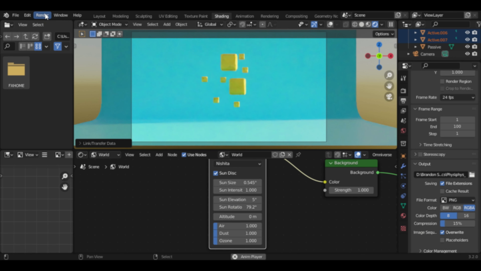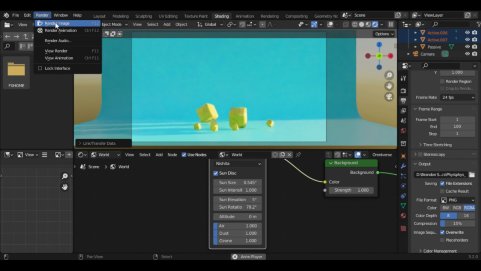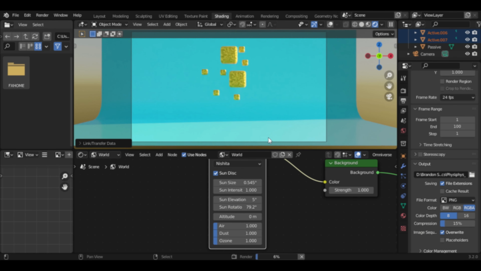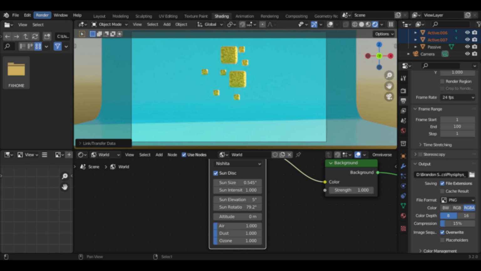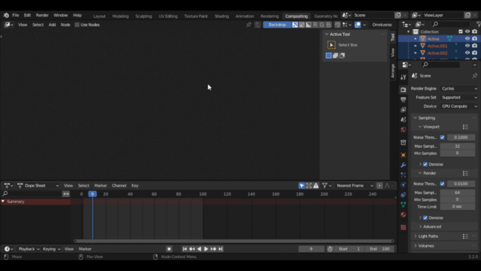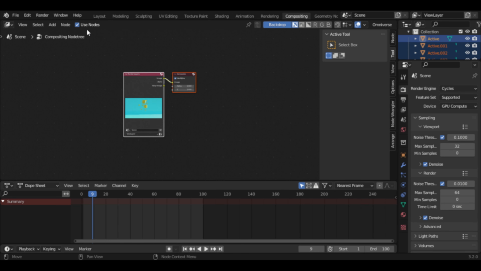And then we'll go here, click this, and render an image. Now it renders this image here. There we go. And that took about 13 seconds to render, so anybody can do this. We'll take this and get it set up to look decently cool. We'll go to compositing, click use nodes,